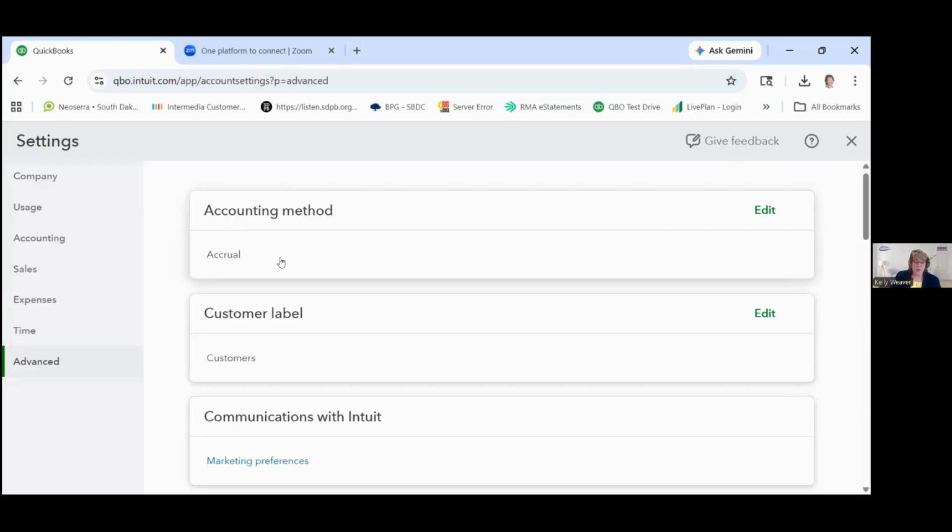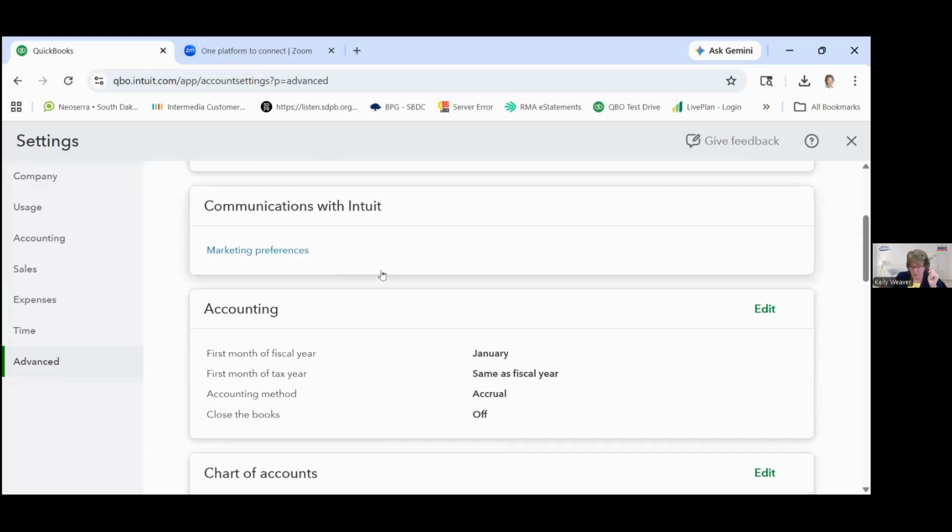Accrual basis basically recognizes income when it's earned, not necessarily when it's paid. So you put on a deck for a customer, you send them an invoice. Once that invoice is created, you've earned the income, and it becomes income in your financial statements. If you're working on a cash basis, that doesn't show as income until you've actually been paid. But the accrual basis is recommended for tax purposes, particularly if you have inventory. Only really simple businesses can operate on a cash basis for tax purposes.